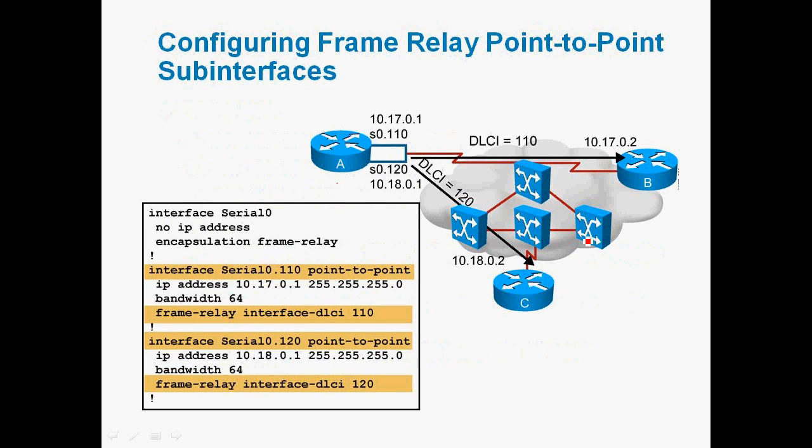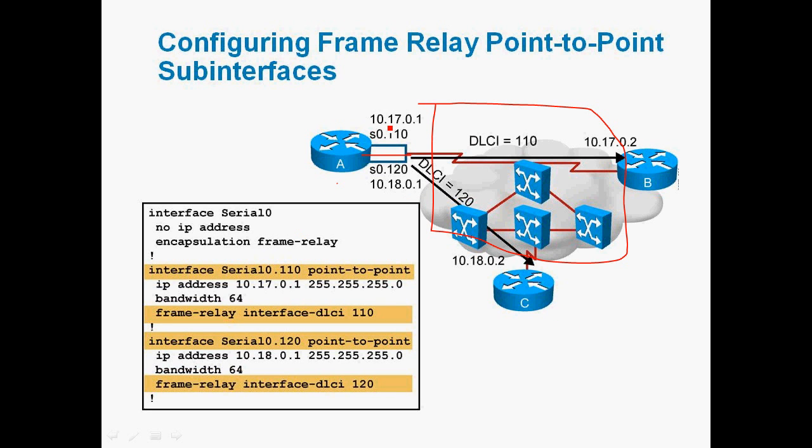Here we can see router A, router B and router C. This is the cloud. In the cloud we have dozens of frame relay switches. So here this is a physical connection, serial 0/0. The physical connection can be divided into subinterfaces 0.110 and 0.120. Two subinterfaces can be created, and the IP address 10.17.0.0 is for router A to router B, which is a separate network, and router A to router C is another separate network,